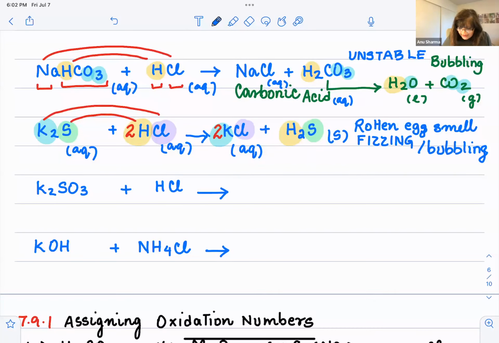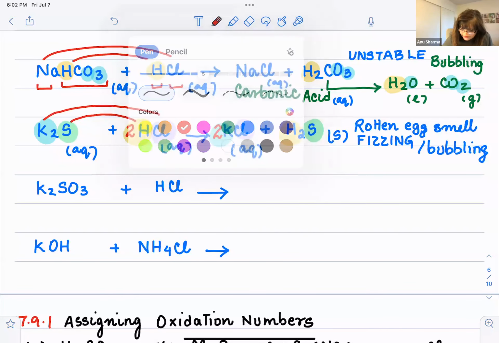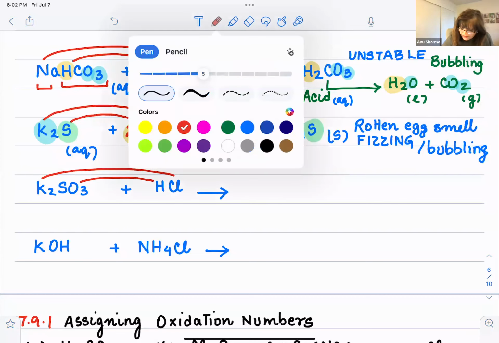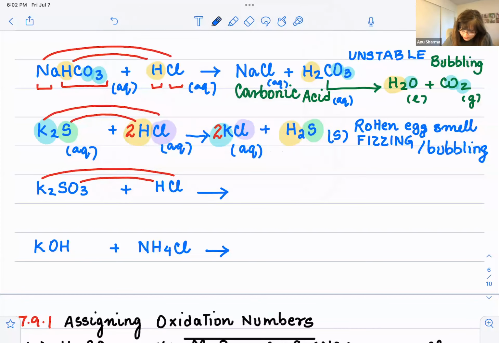Potassium sulfide and HCl. Same story here. What is happening is potassium is going to connect with the chlorine, and hydrogen with the sulfide ion. So what is it giving you? Because this is potassium, group 1A, it is soluble in water, and HCl is soluble in water. It's very important to determine that. Next, we are getting KCl, and here we will have